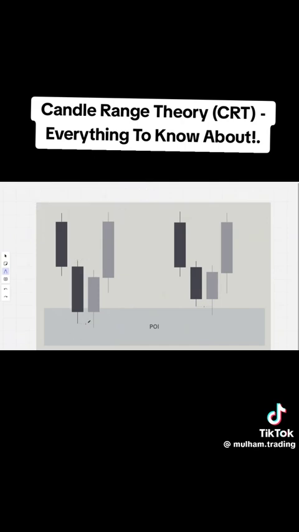So that's the first situation: when we have a candle low in a POI that is out of kill zone, we look for that one to be taken. Now there's another one also related to a POI. So it's always about a POI, because you cannot trade the CRT randomly in any zone. You gotta focus on POIs.